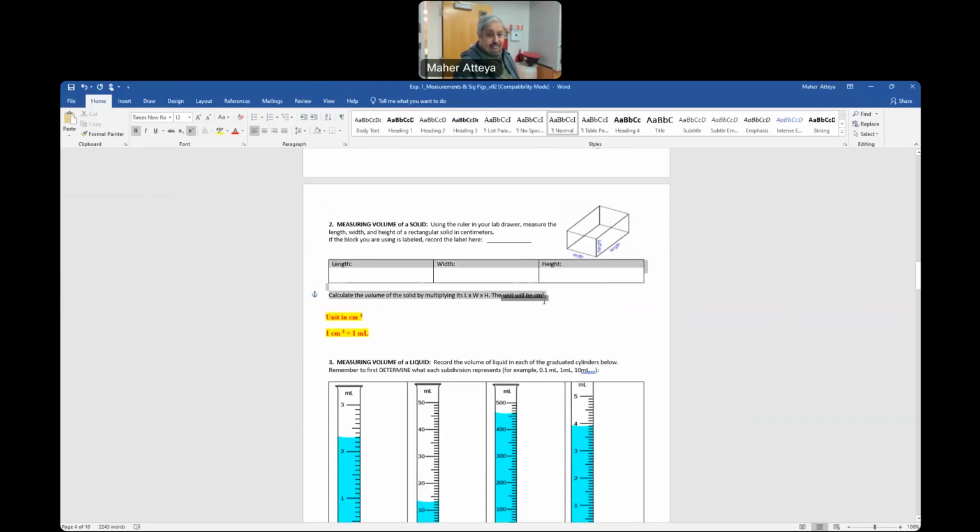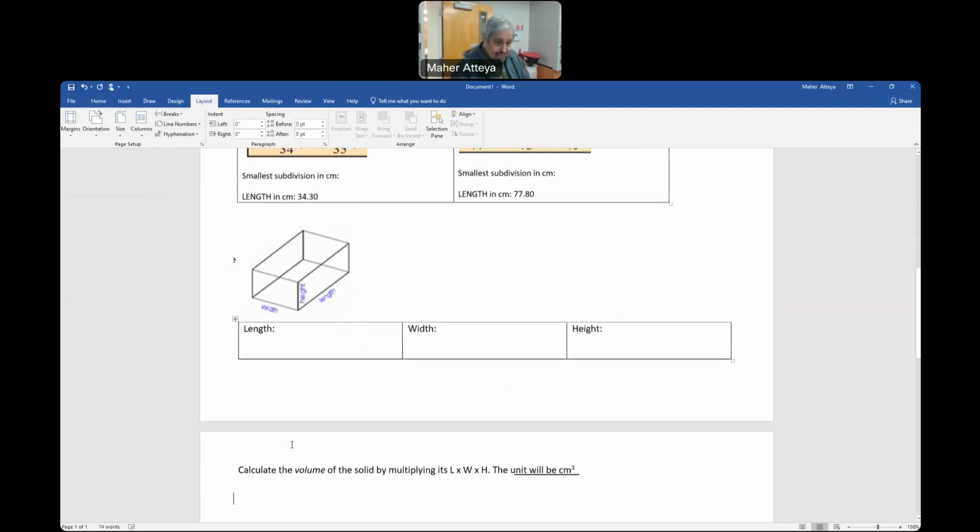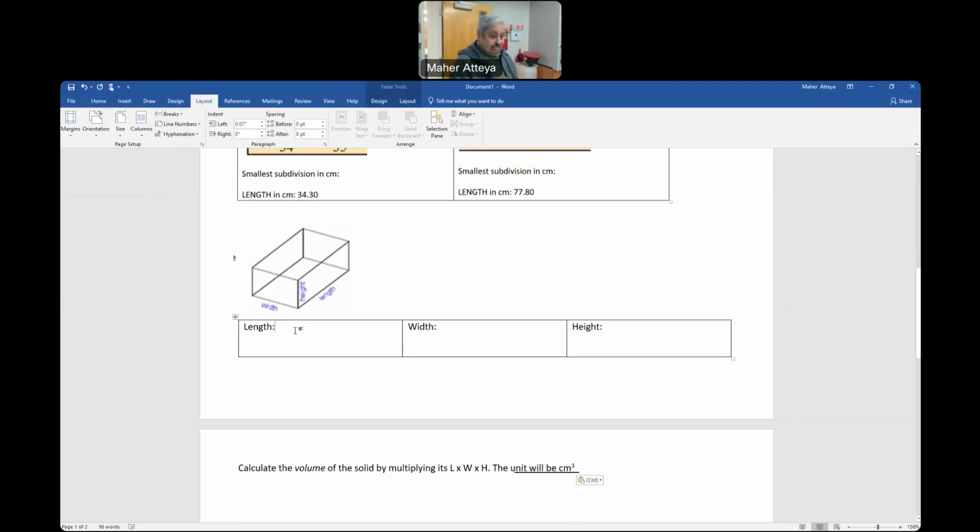You can copy and paste all this stuff here, and then come to your lab report. Just suppose the length is 2.5 centimeters, and the width is maybe 1.5, and the height is 1.5. So then you'll see, you don't have to calculate. Just take this one here and say